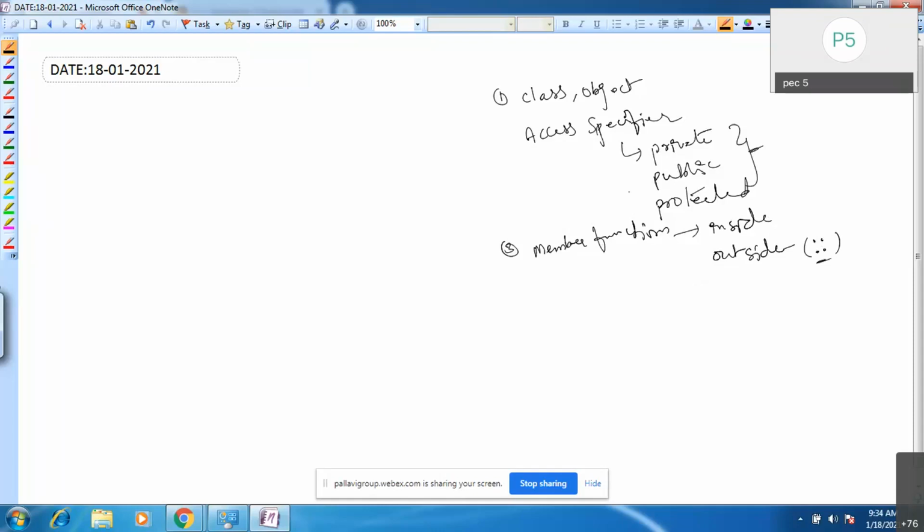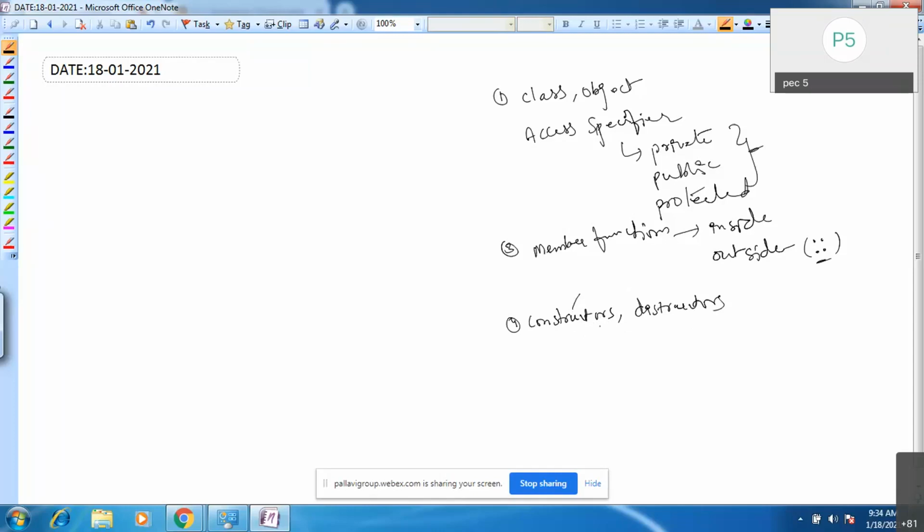After member functions, we have seen constructors and destructors also. Constructor is similar to a member function only, but the name of the constructor is the same as the class name.